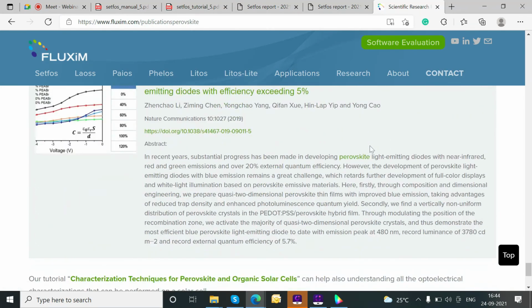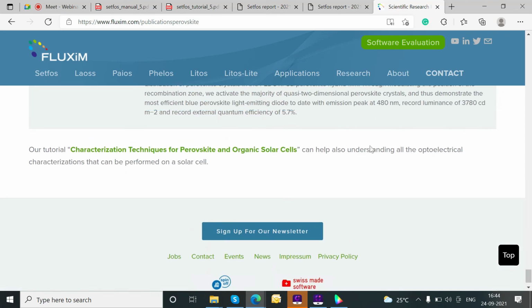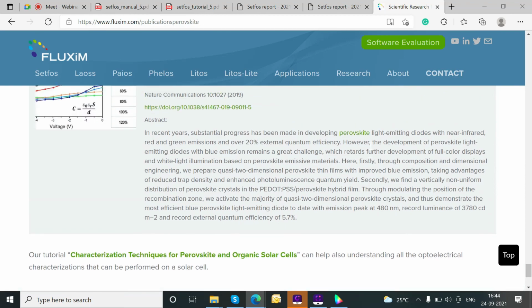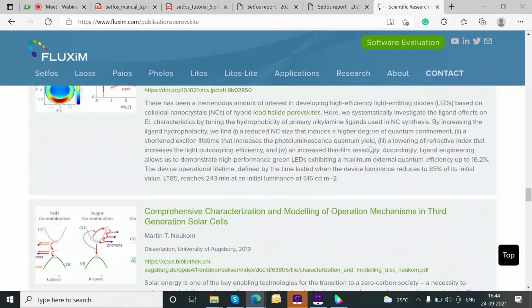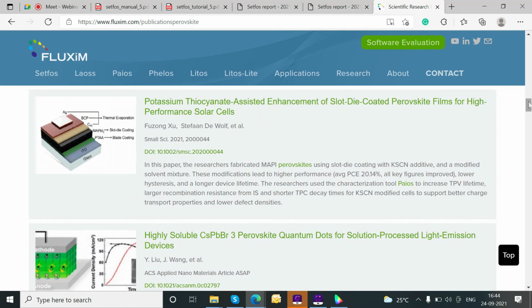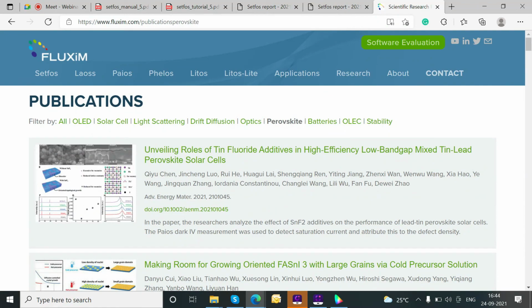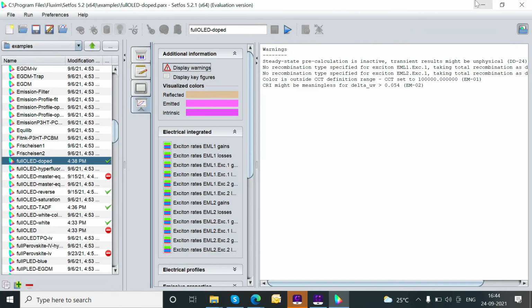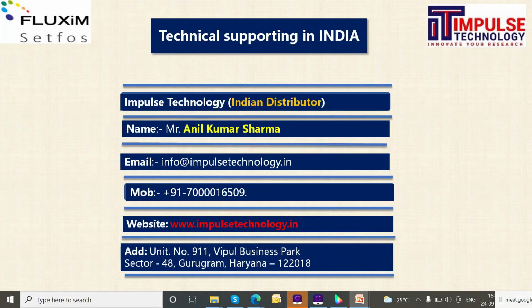This paper is published with only simulation, a comparative study of the same perovskite material solar cell in inverted form with different hole transport materials. It can also be used in LED, and there are many published papers in good journals. This one is an analysis and optimization of perovskite tandem solar cells, published in IEEE. You can visit this website and find many papers. Yes, definitely, it can also be found.